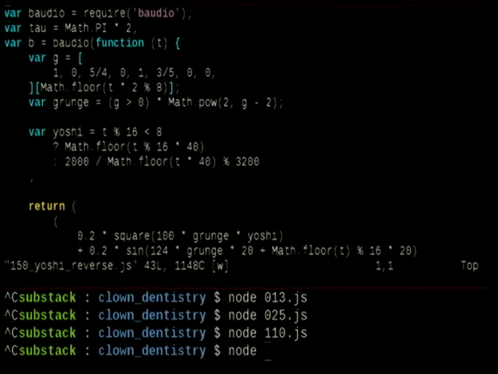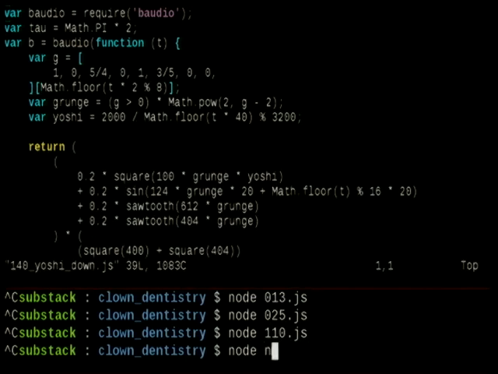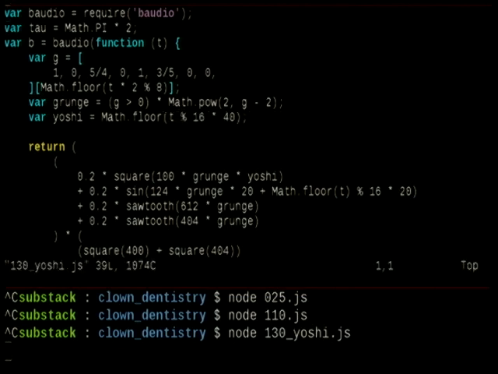So here is, let's see, 130. Can we get more audio? Hang on, I can make my own audio. There we go. So here we've got a boink. That boink, which is fun.